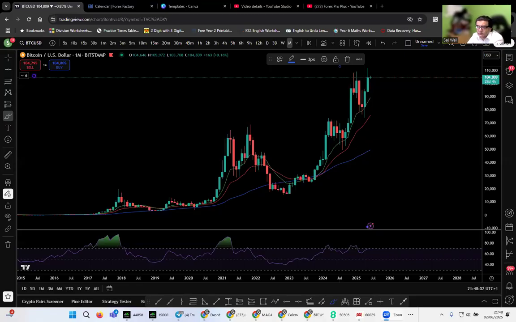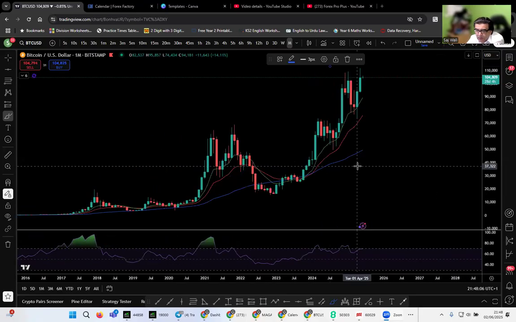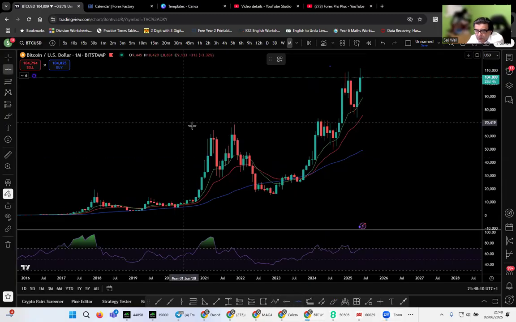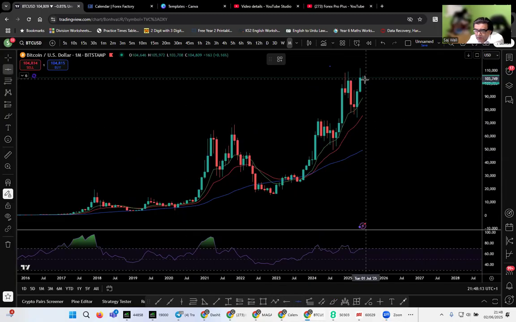Let's start our analysis for Bitcoin and Ethereum. This is a monthly chart and you can see that monthly is bullish. However,